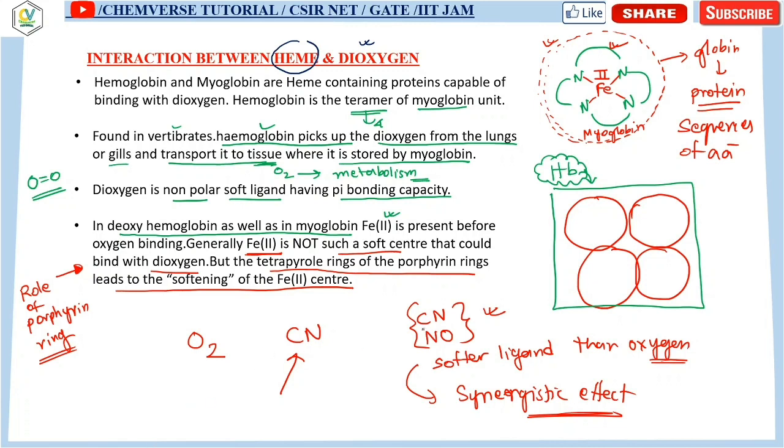it will obviously choose cyanide. It could be cyanide, sorry, here I made a mistake. It will be your CO. Okay, it will be your CO, carbon monoxide. So this is why you can see that cyanide poisoning or carbon monoxide poisoning occurs. But there is another reason which is explainable on the basis of cytochromes. Okay, so I will discuss it in my upcoming video.